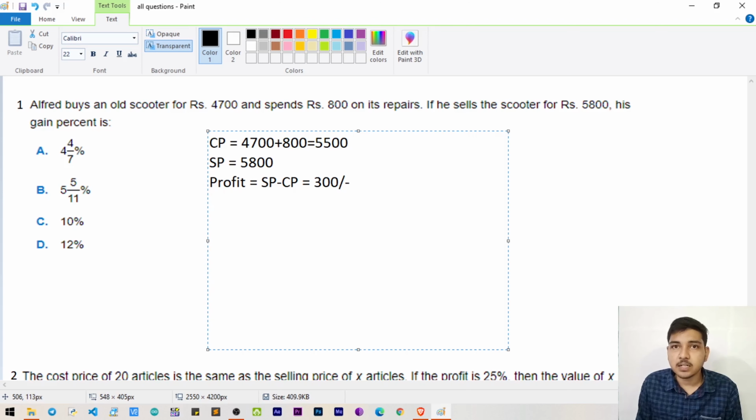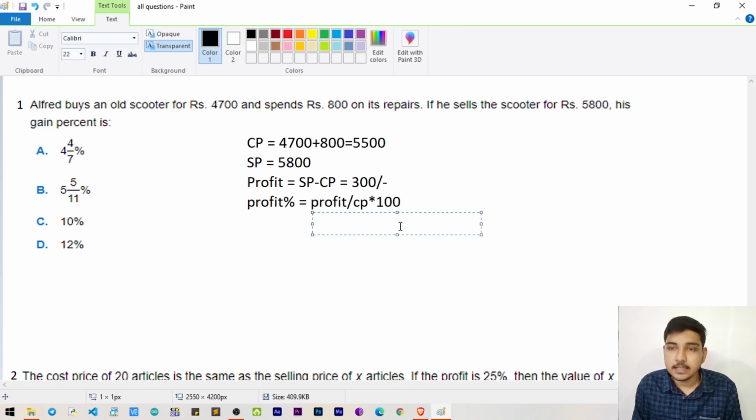We need to find out the percentage of profit, so in order to find out the percentage of profit, you simply divide profit by cost price. Every time we find profit percentage, we need to consider CP only. So based on cost price only, you will find out profit percentage. You don't calculate profit percentage on selling price. Okay. Remember, this is a crucial point while dealing with the profit and loss concept. So profit by CP into 100. This is the formula.